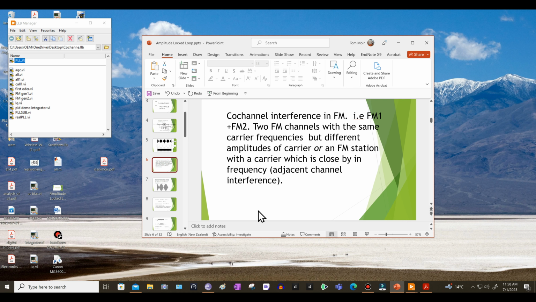If one of them has got a slight offset, then it's called adjacent channel interference. As it turned out, nobody was really interested in this problem either, but well, there was one special case of it that people were interested in. So I want to look at that, and